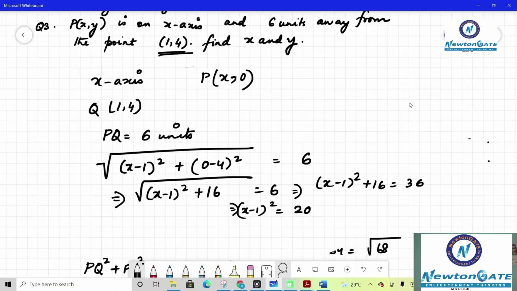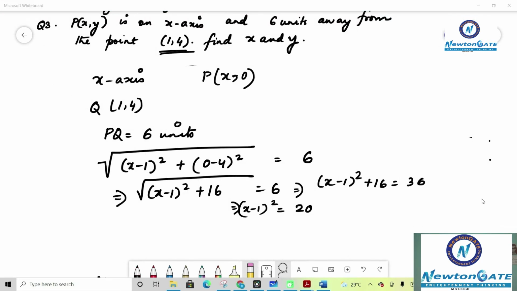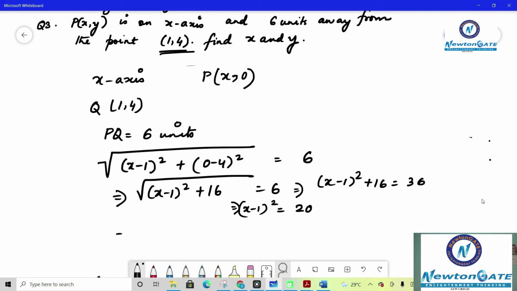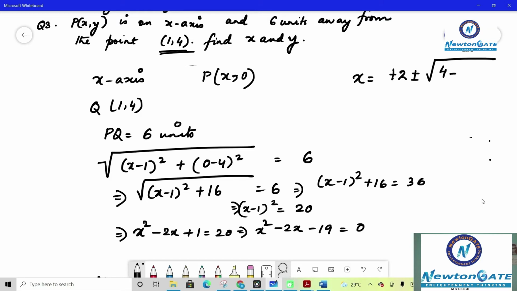So, on further solving, we will get x square minus 2x plus 1 is equal to 20, which gives me x square minus 2x minus 19 equal to 0. So, clearly we have to use Sridharacharya's formula for finding the x. So, x is equal to minus b plus minus root of b square minus 4 into a into c, where c is a negative sign, all over 2 into a. So, by solving this we get